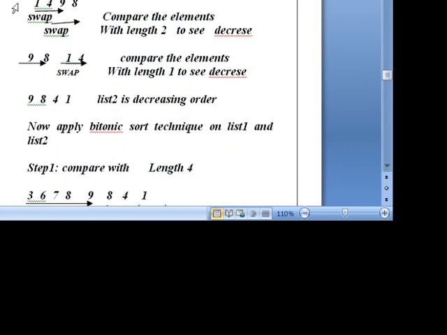Next, divide the list into two halves, list 1 and list 2, and compare with length 2. Now again, 5 8 goes to the first comparator, 9 3 to the second comparator, 17 9 to the third comparator, 40 13 to the fourth comparator. See, 5 8 is given to the comparator. What is the output of the comparator? 5 8 only. 9 3 gives 3 9 only. 17 9, what is the output of the comparator? 9 17. 40 13 gives 13 40. So this is the list we get after the comparison with length 2 is over.